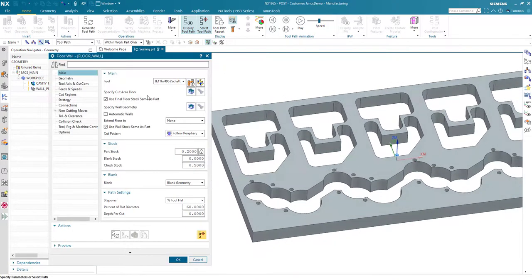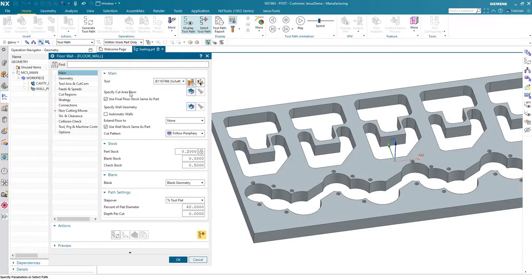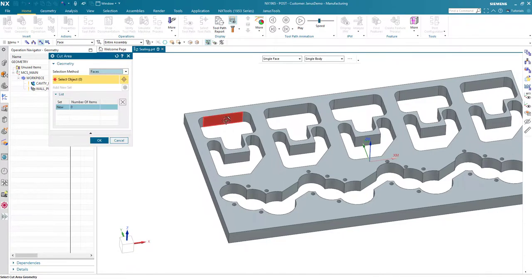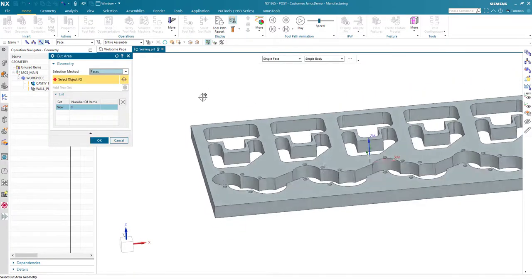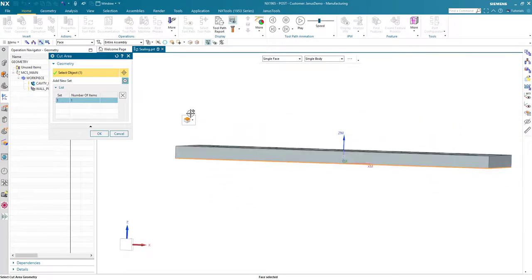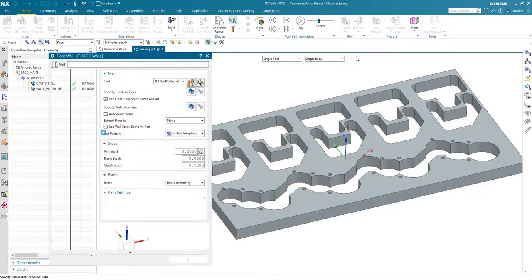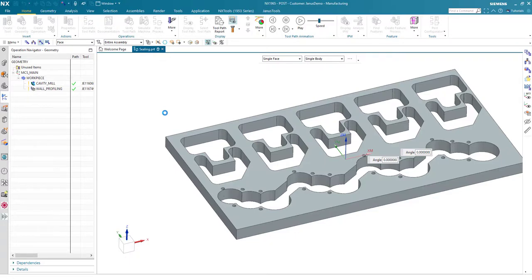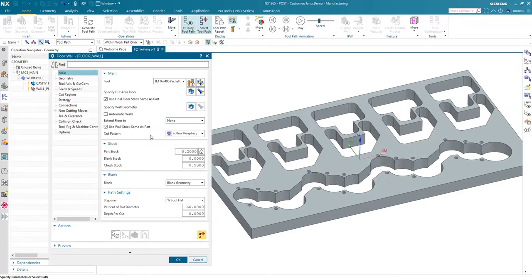Here, I have to specify a cut area floor. So let's go into it. And instead of picking all those walls, I simply click on the floor on the opposite side of the part. I will apply with OK. I also want the cut pattern to be on profile.